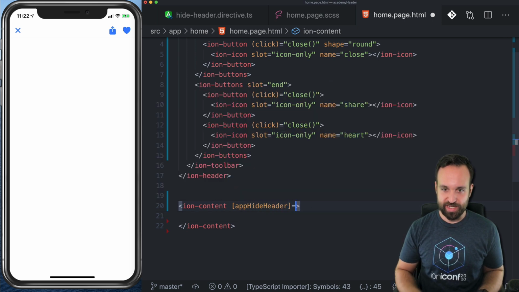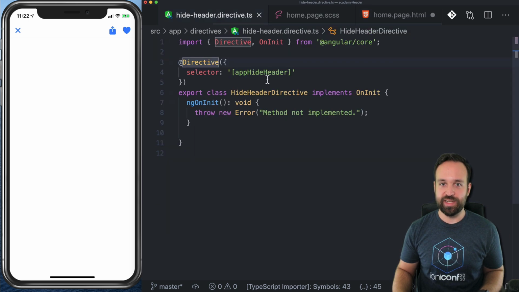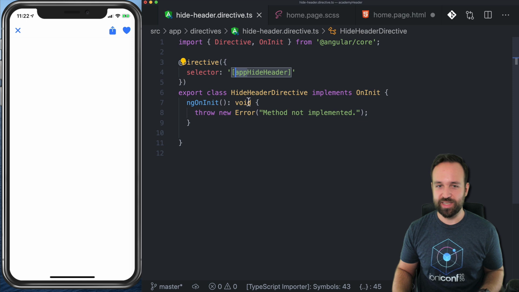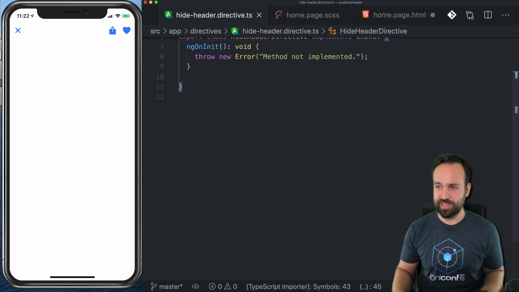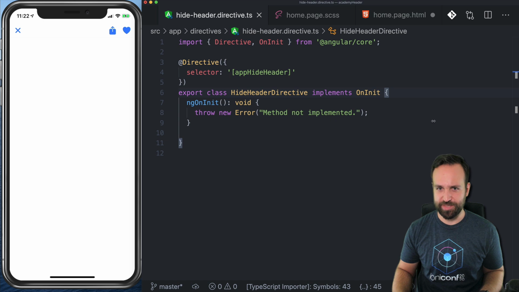Now you might ask where this is coming from. Well, that's automatically the name of your generated directive. If you call it hide header, Angular will add this selector in front of it to make it unique. That looks interesting. I think I didn't do this. Was this automatically generated? Interesting. Anyway,